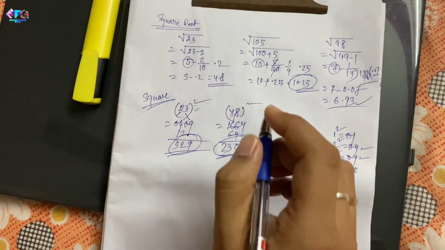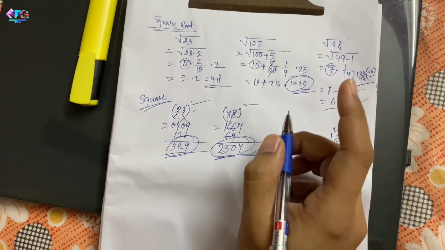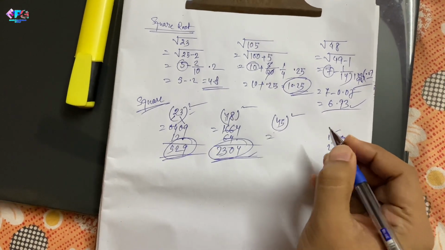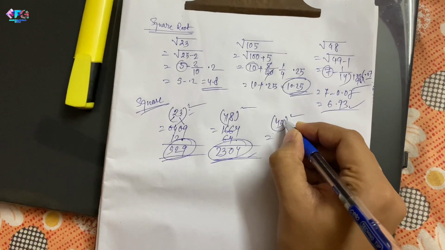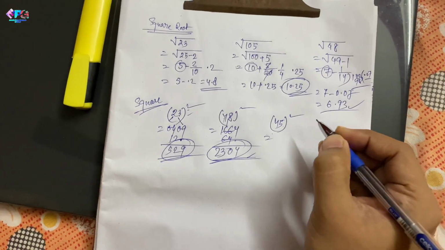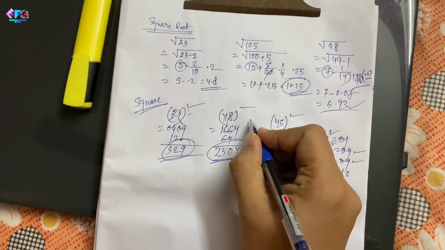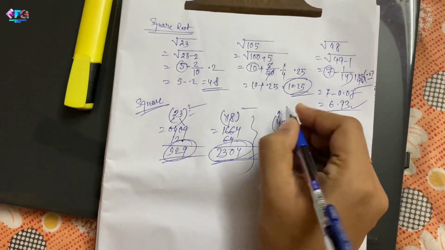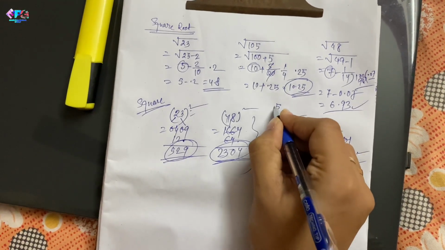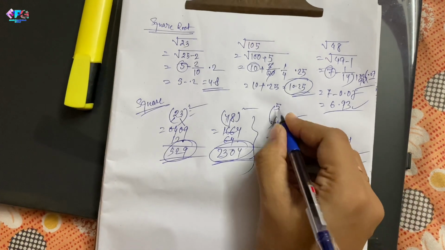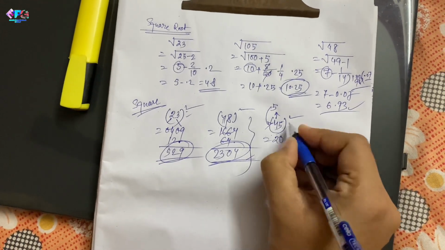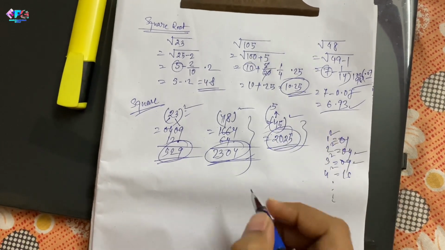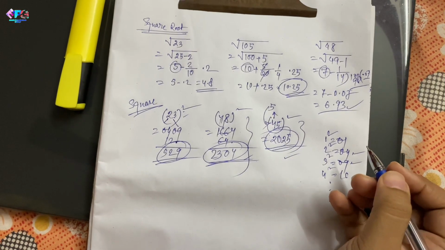Okay, now I will tell you another example. This is the last example, 45. So guys, this is a trick. Whenever a number has the last digit 5, you can calculate it in two methods. This is the first method. Another method is you have to see what is the next value of the first digit. 4, next digit is 5. You need to multiply both. 5 into 4, that is 20, and 5 square, that is 25. That's it. You can also see in the calculator, you will get the same value, 2025.